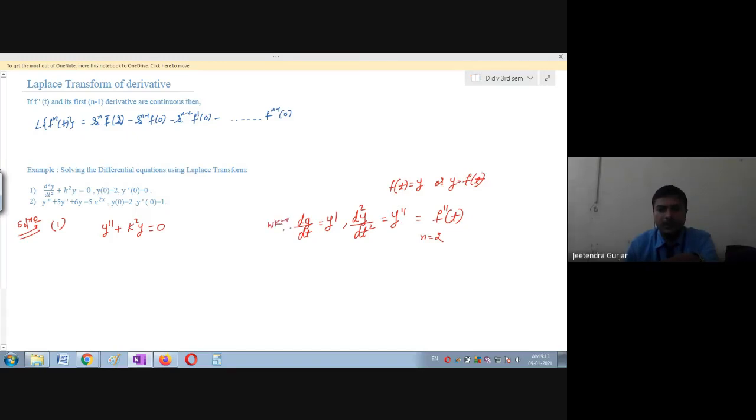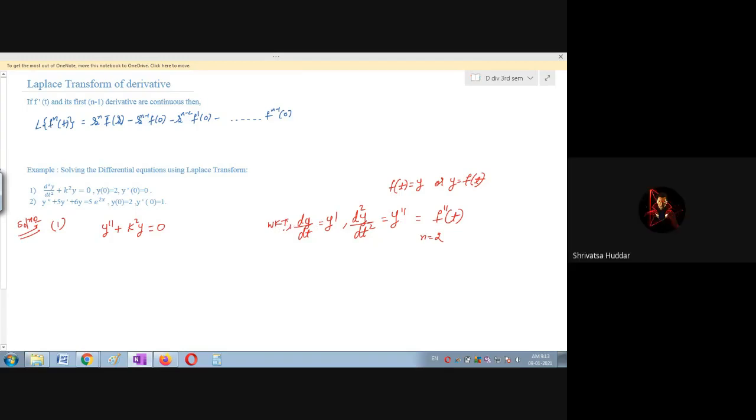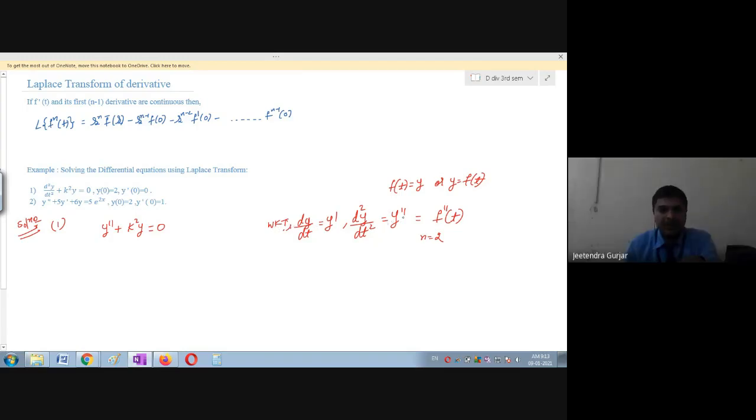we know, students, that D square y by dt square is nothing but y double dash. Very good. So you have to identify this. I think you have used this in your diploma classes also. You have seen m1 and m2 in diploma. Everyone knows this, right? Y double dash is nothing but d square y upon dt square. Okay, very good, excellent, you are right. So at least you are understanding why this is being written.